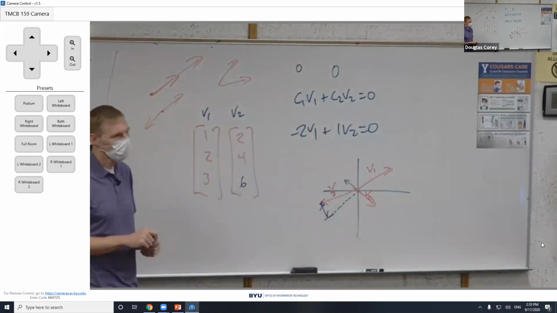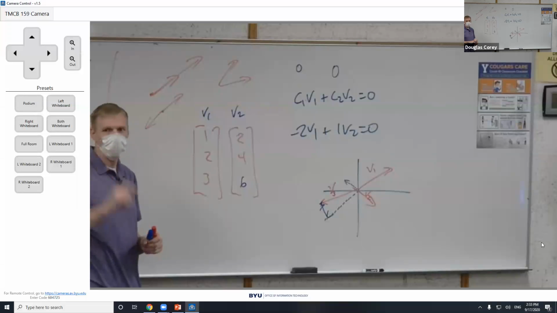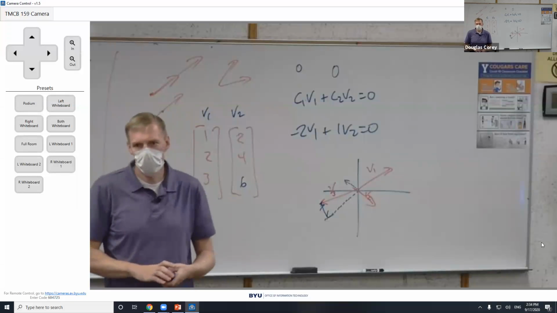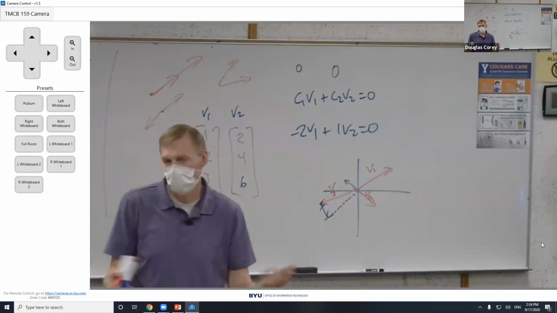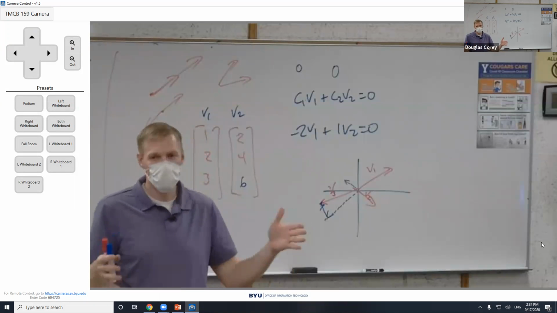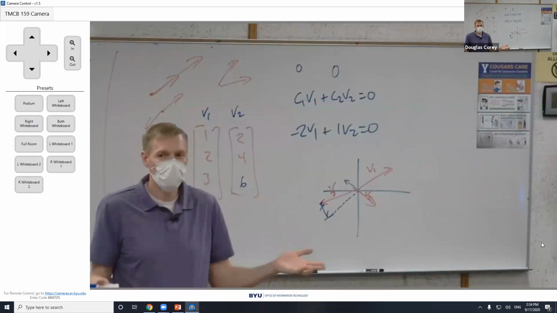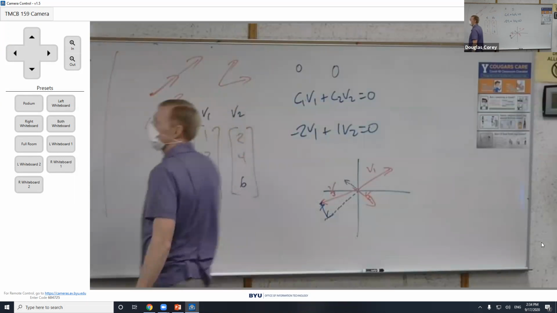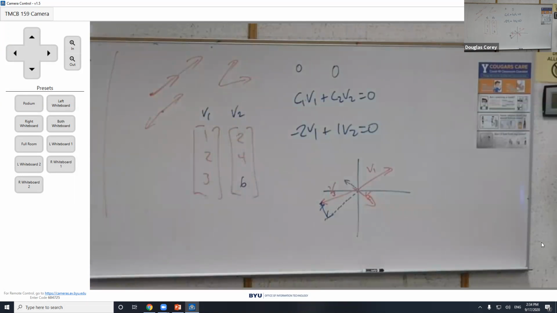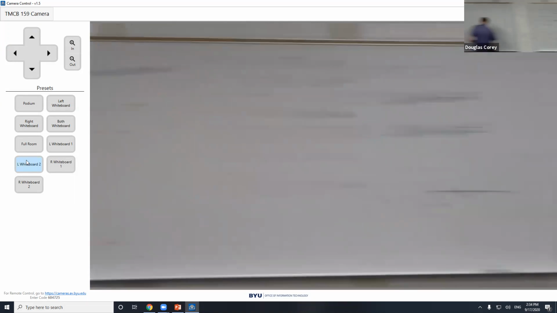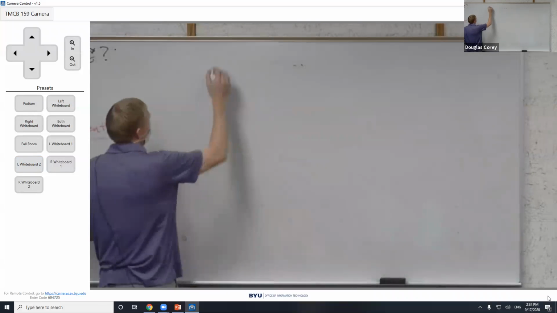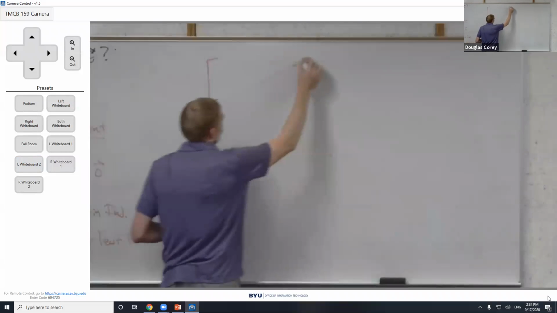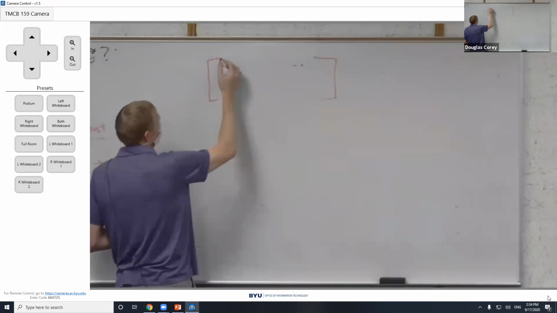Other questions? So in R2, does that mean the max amount of independent vectors you can have is 2? That's exactly right. Once you have 3 vectors, then you know for sure that it's 3 vectors in R2, right? So if I take 3 vectors,